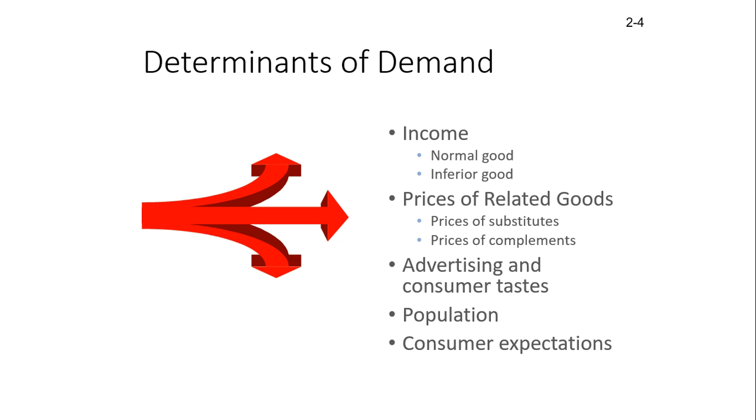Are you dealing with a normal good or an inferior good? Okay, because if you are dealing with a normal good, then assuming that there's an increase in income, automatically there should be an increase in demand for this particular good. If you are dealing with an inferior good, we increase your income, automatically there should be a reduction in demand